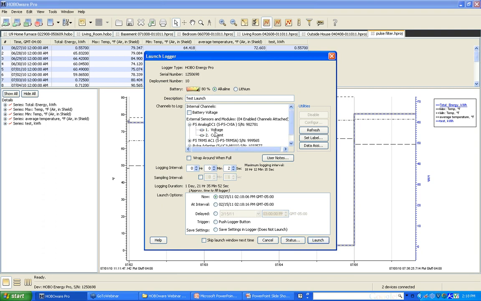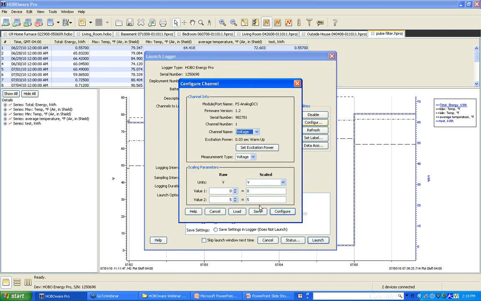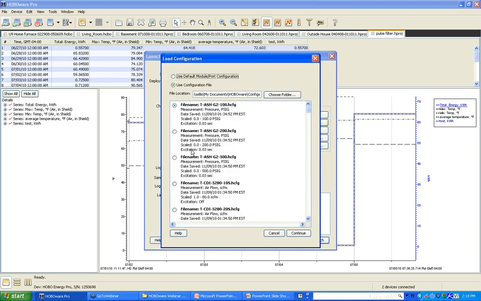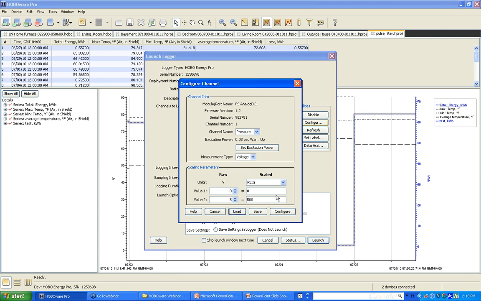You also have the ability to, when you have analog inputs, so something that's a generic input like 4 to 20 milliamps or DC voltage input, you can also scale these, not only in the Energy Logger, but I'll show you how to do this on a U12 as well, because it's slightly different. But you hit the configure, and then you can hit the load button here, which brings up a whole list of sensors that we currently support. You can choose your particular sensor. That's a pressure transducer, and we hit Continue. As you can see, it now puts in the correct scaled parameters. From here, we hit Configure,